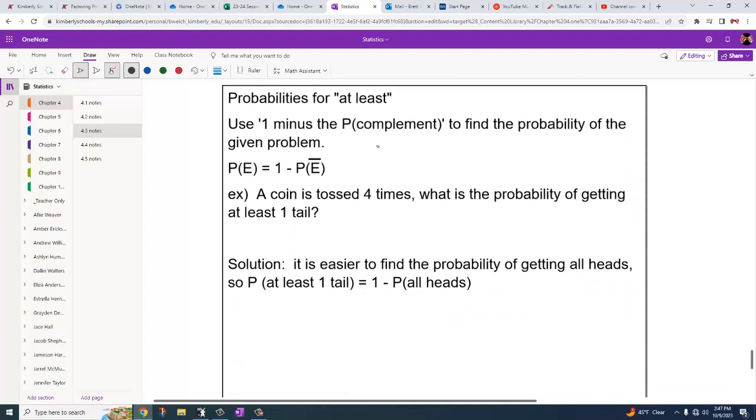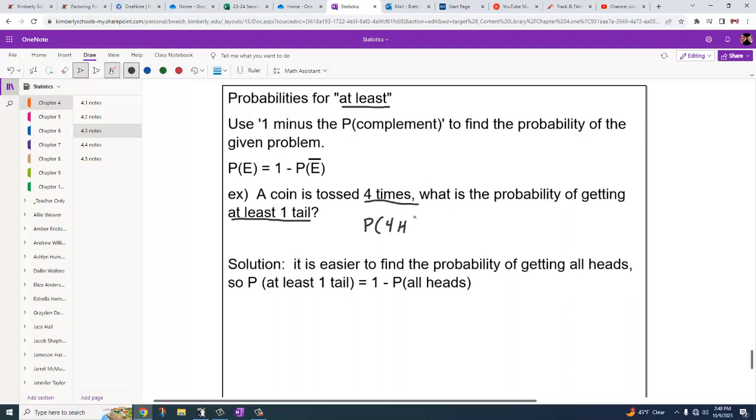The last thing we're going to talk about is the probabilities for the phrase "at least," okay? Use 1 minus the complement to find the probability of the given problem. If I say a coin is tossed 4 times, what is the probability of getting at least 1 tail? Getting at least 1 tail can be tricky because I have to consider the probability of getting 1 tail, 2 tails, 3 tails, or 4 tails. It might be simpler to find the probability of not having at least 1 tail, which would mean